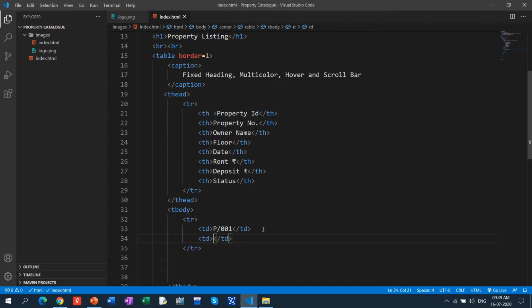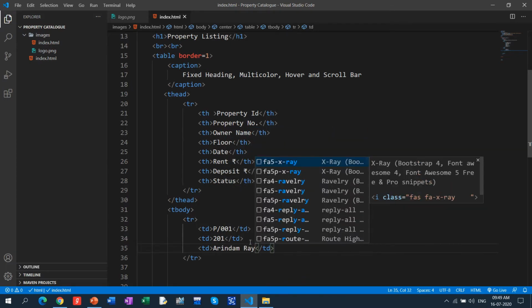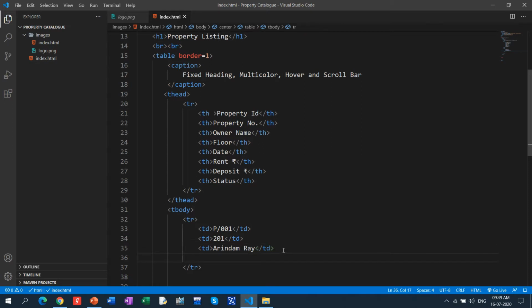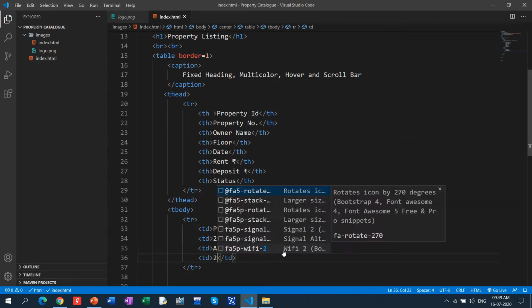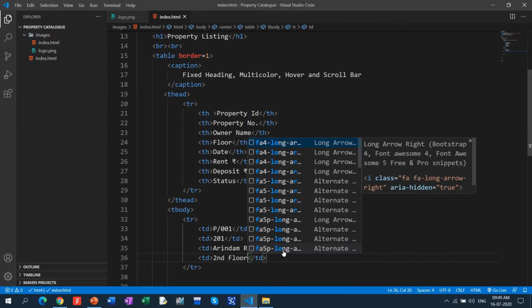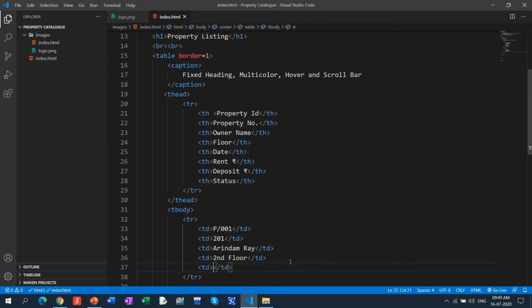Then the property number, put 201 something like that. Then owner name, make it Arindam Ray. Then floor, second floor. Then date. Now you put it down once, date, done.